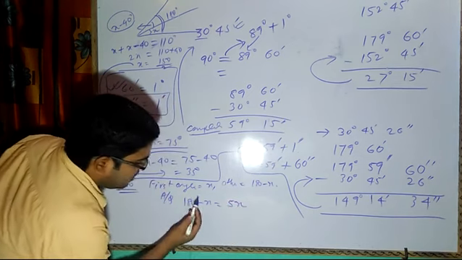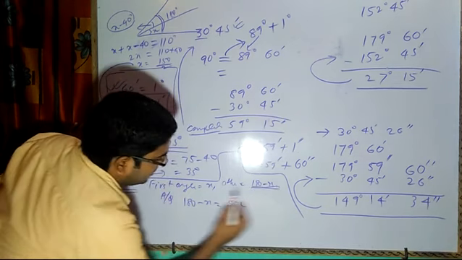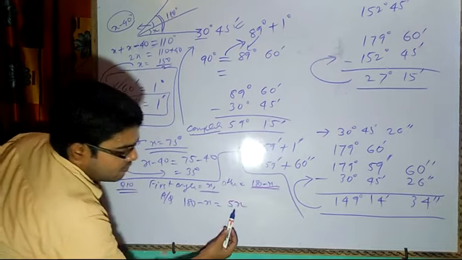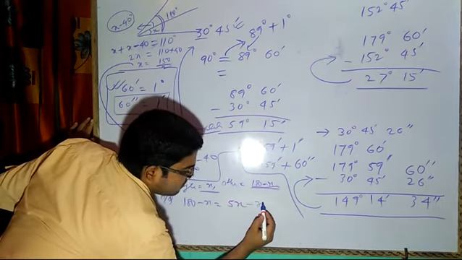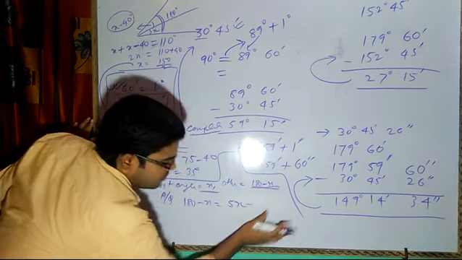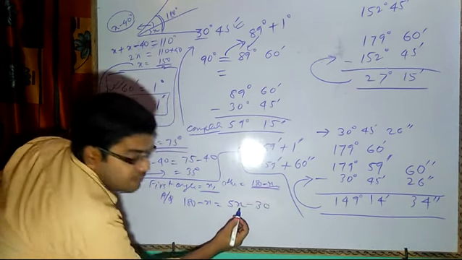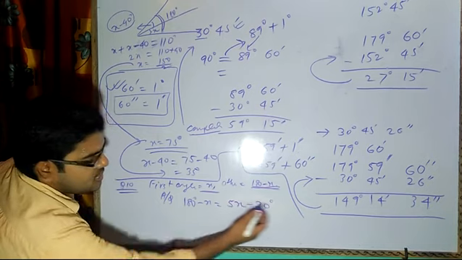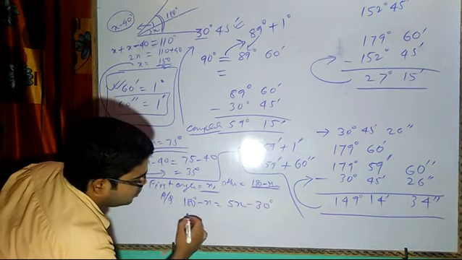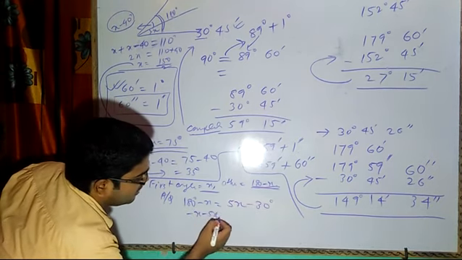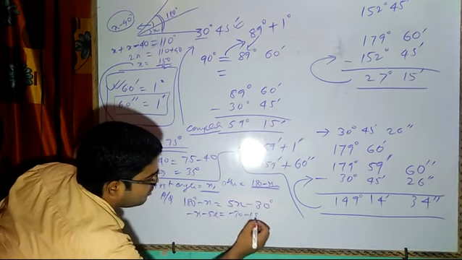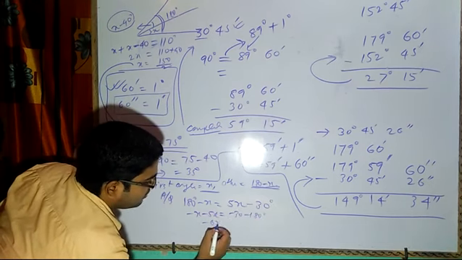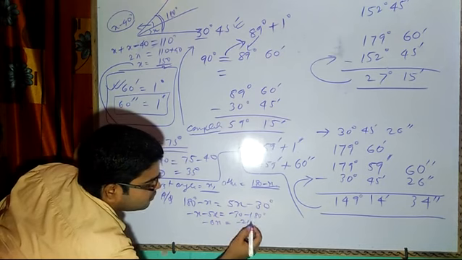So the first angle is x, and 5 times it minus 30, that is 30 degrees less. Now you have 180 minus x and all those things. When you solve, you will get minus x minus 5x is equal to minus 30 minus 180. So you will have minus 6x is equal to minus 210.